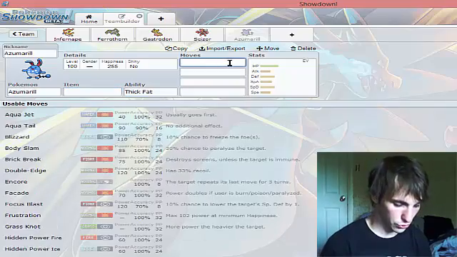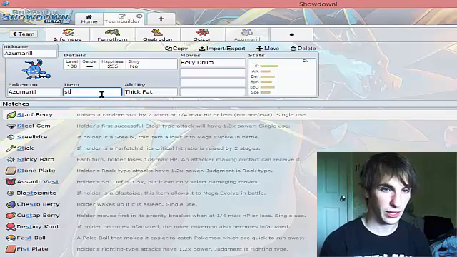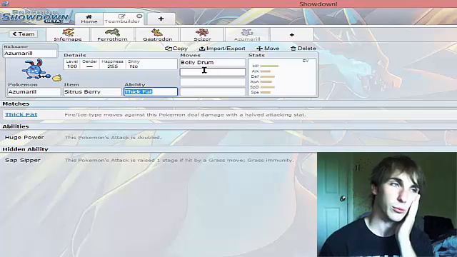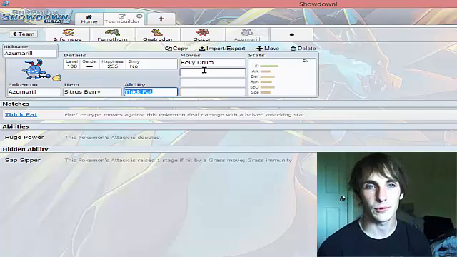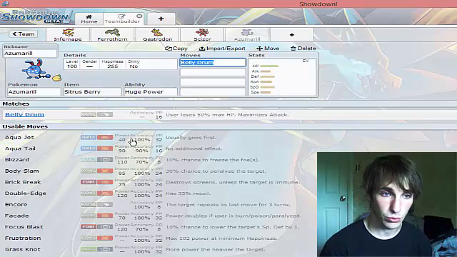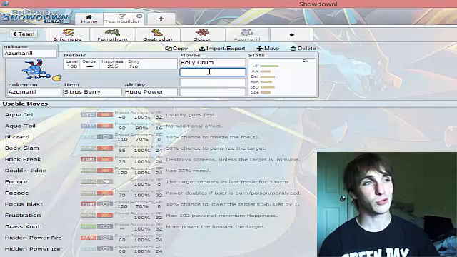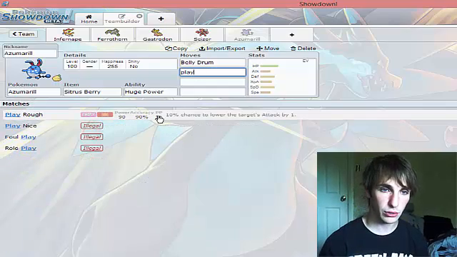It has access to Belly Drum, though it does take some switching around. If you can give it a Citrus Berry, switch it in on, say, oh man, I don't play this tier. Switch it in onto Entei. Your opponent's using an Entei just for the sake of this argument. Your opponent uses Entei, you throw your Huge Power Azumarill in there. Entei probably can't touch it, he's going to switch out, that's when you use Belly Drum, Citrus Berry activates, you've lost maybe 20% health. And then you are completely clear to go for Play Roughs,